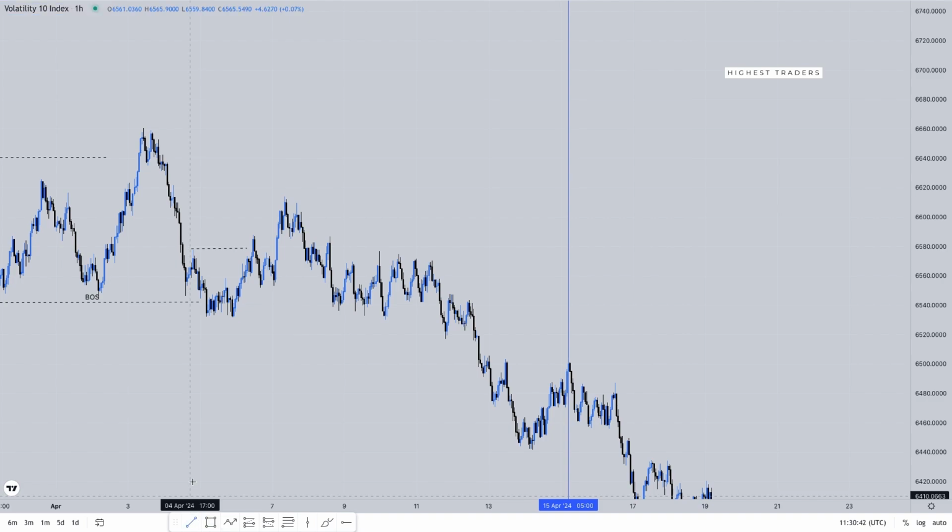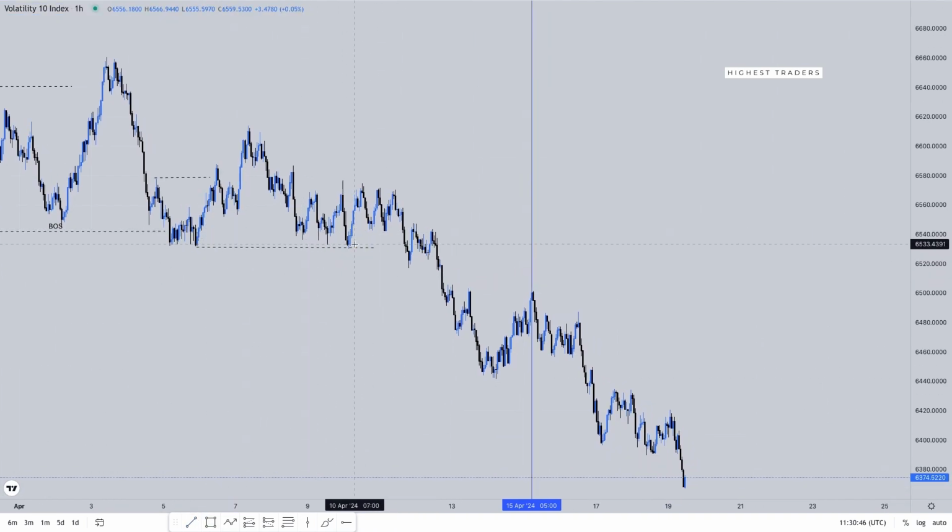So when price dropped, we had another break of structure, like so. Price broke structure, and then it started creating all of these pullbacks and pullbacks and pullbacks. If I filter out the significant pullbacks on this one, this is a push down, and we have a significant pullback like this. All of these here are significant pullbacks. And then we have this push down. We have this significant pullback here.